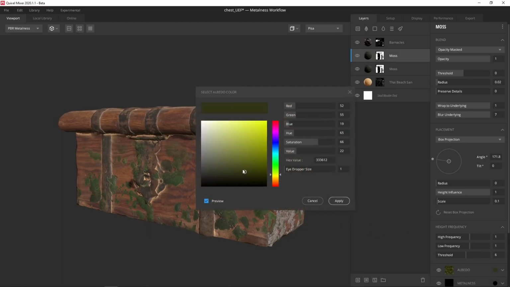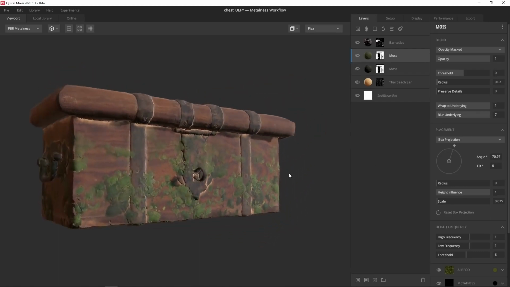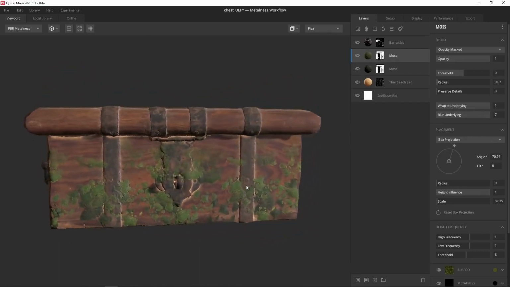And by duplicating it here, we carry over all the different parameters and the information that we stored inside of the stack, as well as the material itself. So we don't have to go back through and punch all those values in again. Now, what I'd like to do is change a couple basic parameters here so that we get the moss to project a little bit differently on the surface with a different albedo. And what this does is create a little bit of separation between the two moss materials that we have